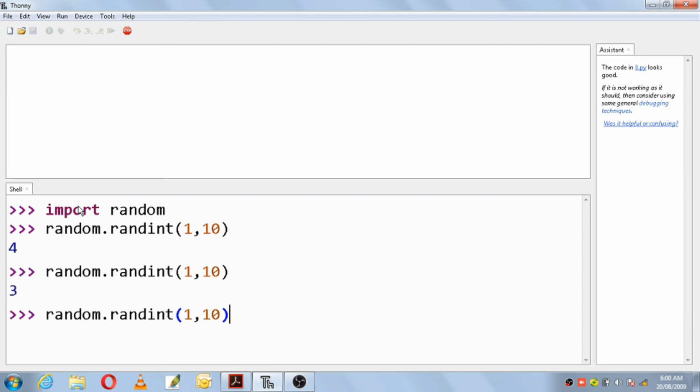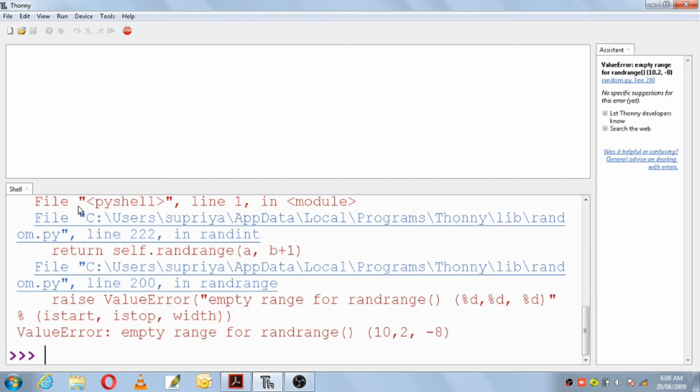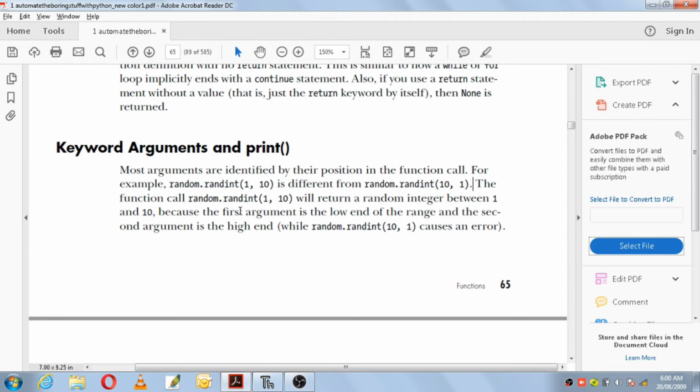It will give 3, 2, 6. So any random integer between 1 to 10. But if you give it (10, 1), enter, immediately it will give you an error. So the placing of the arguments in the function is also very, very important.